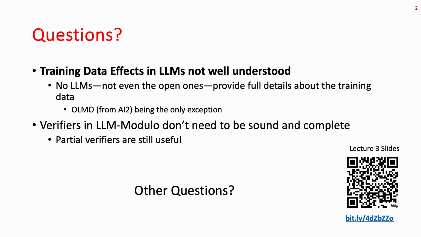Furthermore, partial verifiers are also allowed, essentially because in software code generation, what you have is unit tests. With unit tests, all you know is that if a piece of code fails the unit test, it is definitely bad code. But if it passes, it may still be bad code, because there may be unit tests you haven't written, so it's missing some edge cases.